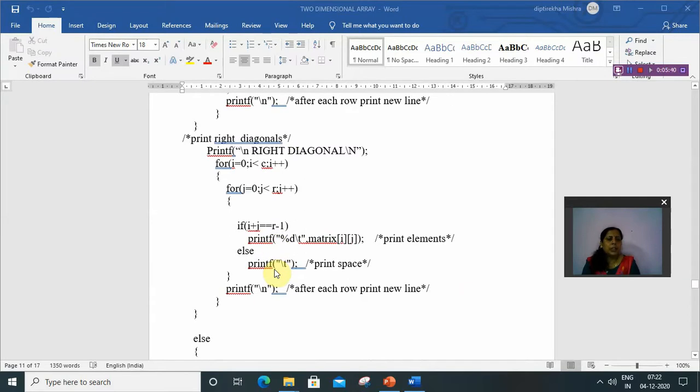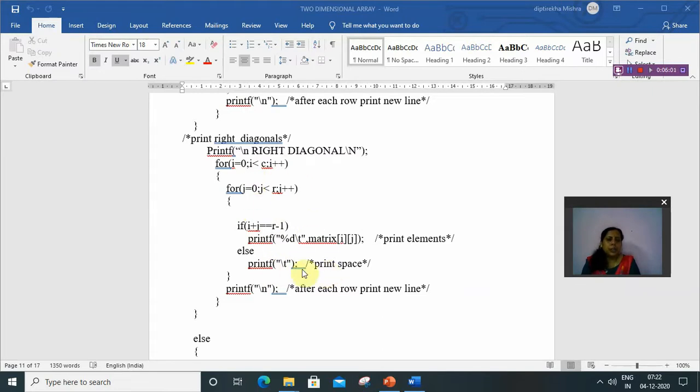Then for the right diagonal, the condition is i plus j equal to n minus 1, means the row plus column value is always n minus 1, where n is equal to row or column. Otherwise it will print a space.